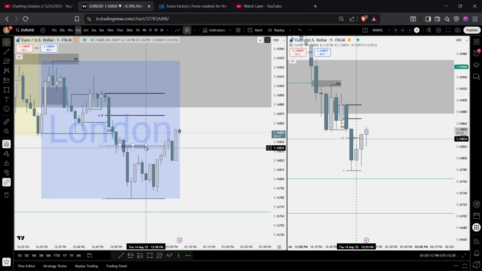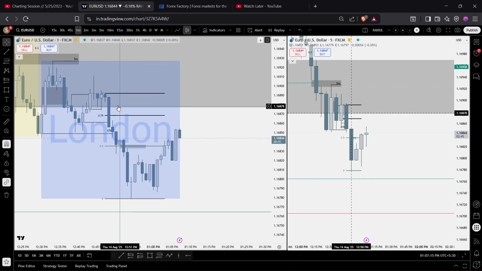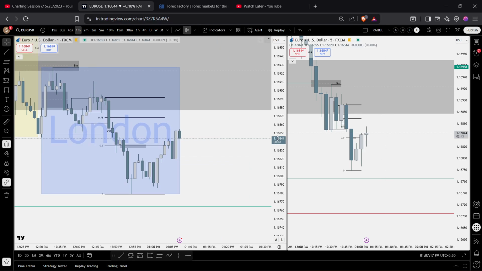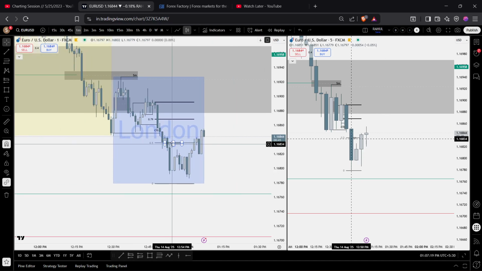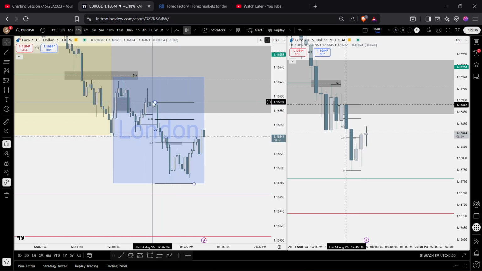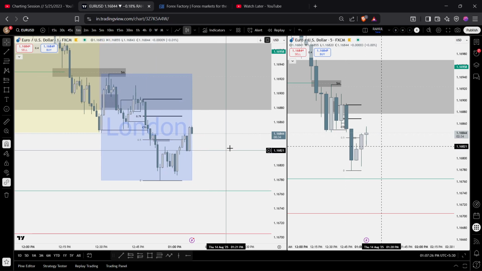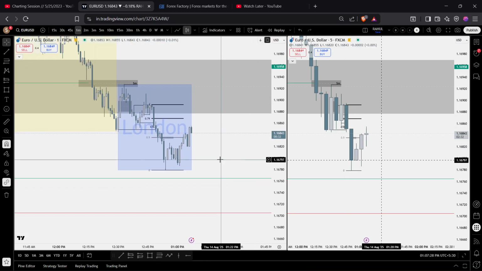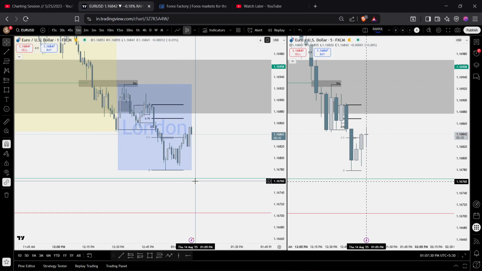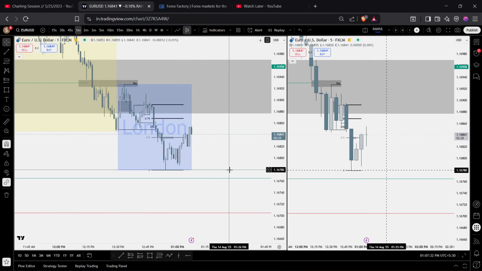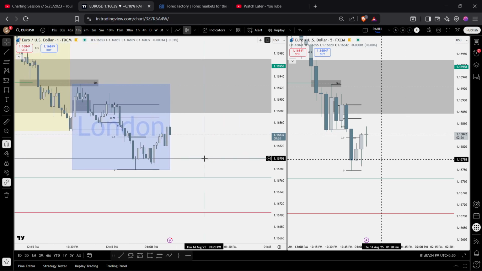So the trade has been entered. My entry was here. Stop loss is somewhere around here. So let's see what happens. This was my entry point, 16833. Stop loss is just above this high. So yes, I'll update you. Let's see. If it does break through this point, then I'll put my stop loss to break even. So yes, that's the plan as of now.